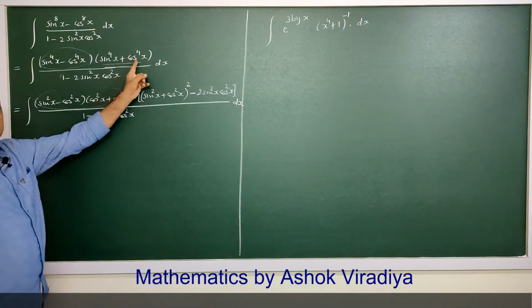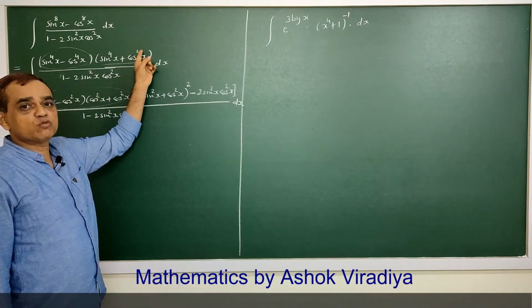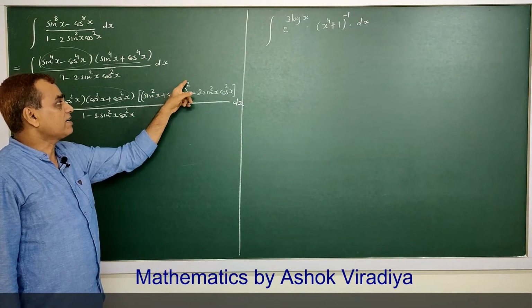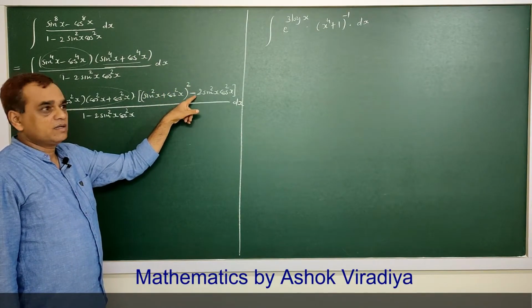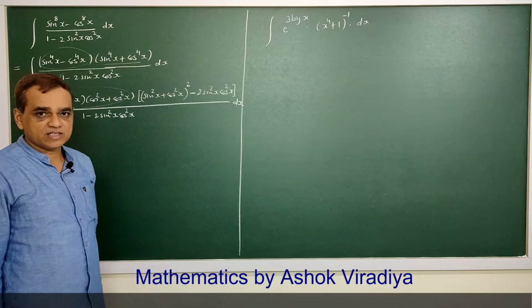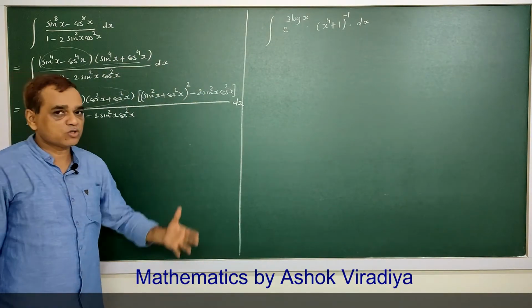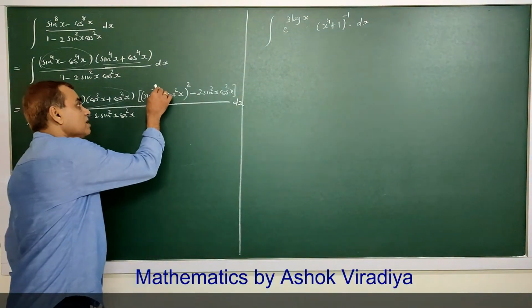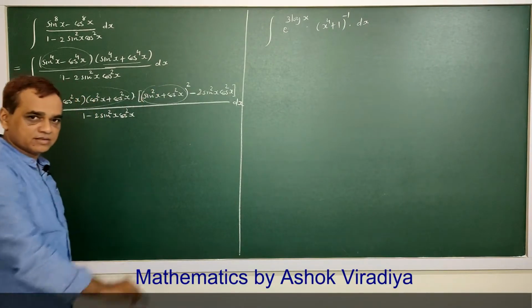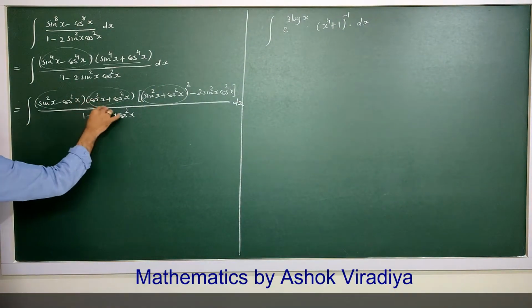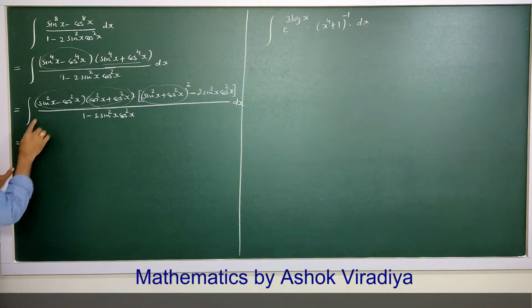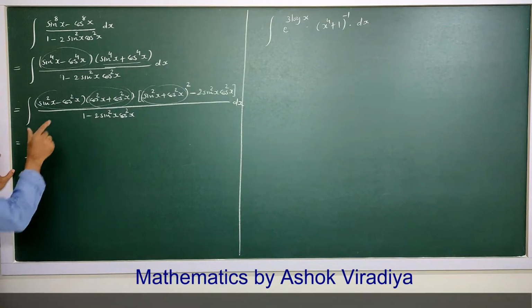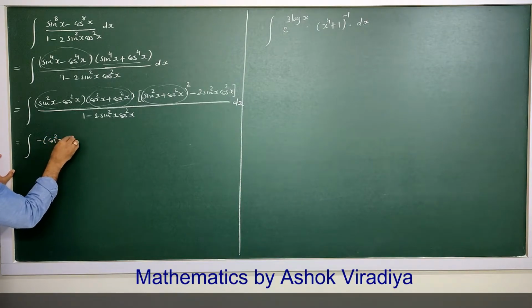sin^4 x plus cos^4 x: a^4 plus b^4 is (a² plus b²) whole square minus, removing the middle term, 2 sin²x cos²x. So its simple form will be sin²x plus cos²x, and we use this identity because here we can put 1 in the next step. Here putting 1, sin²x plus cos²x is 1. This is minus cos 2x. Let me change sign here, taking minus common, it is cos²x minus sin²x.